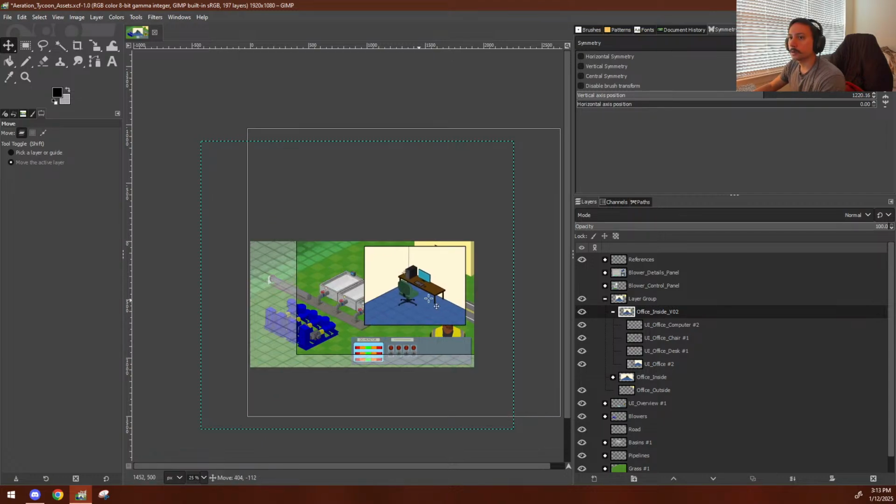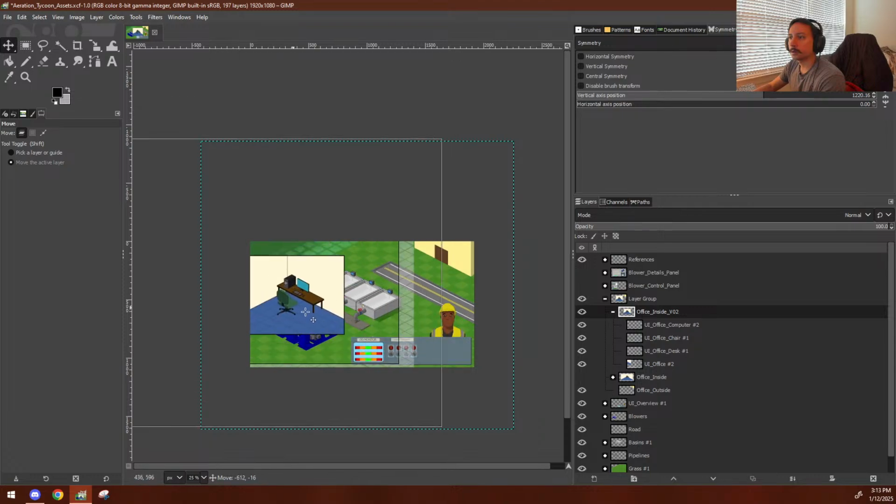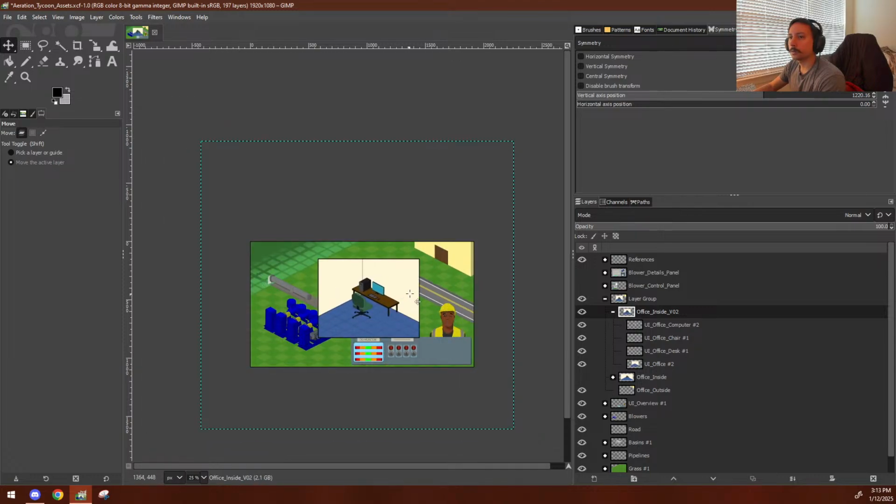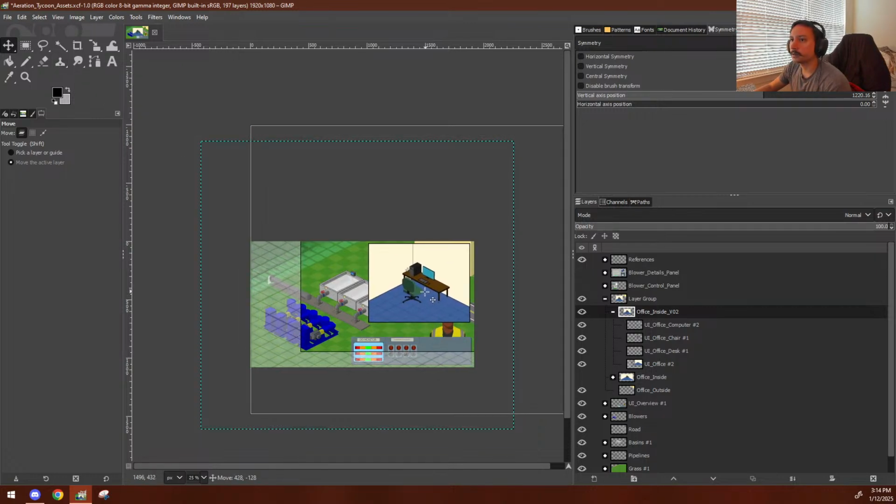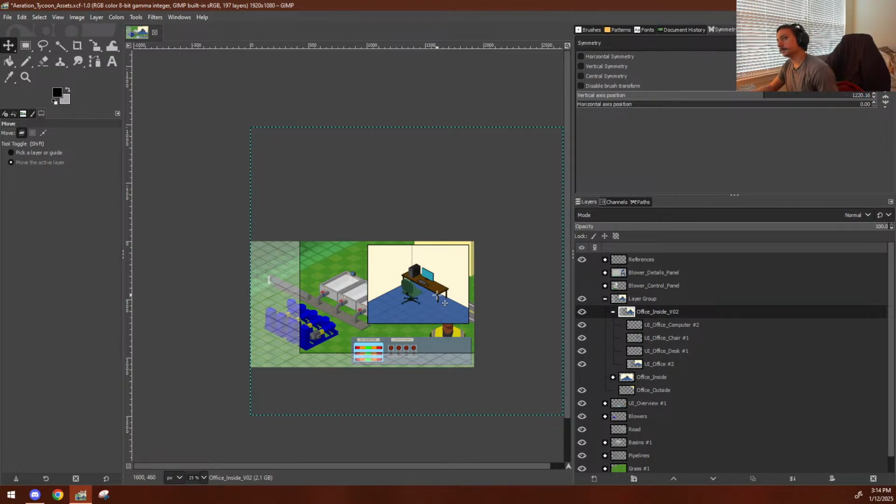Whoa. Whoa. Interesting. Okay. I didn't know that that was there. I had no idea. Okay, how do I get rid of that? Because I just want to move this panel right here. So I come into the office, and I'll be inside the office. And I'll be able to decide what upgrades I make. Ooh, I like that idea. Okay, so